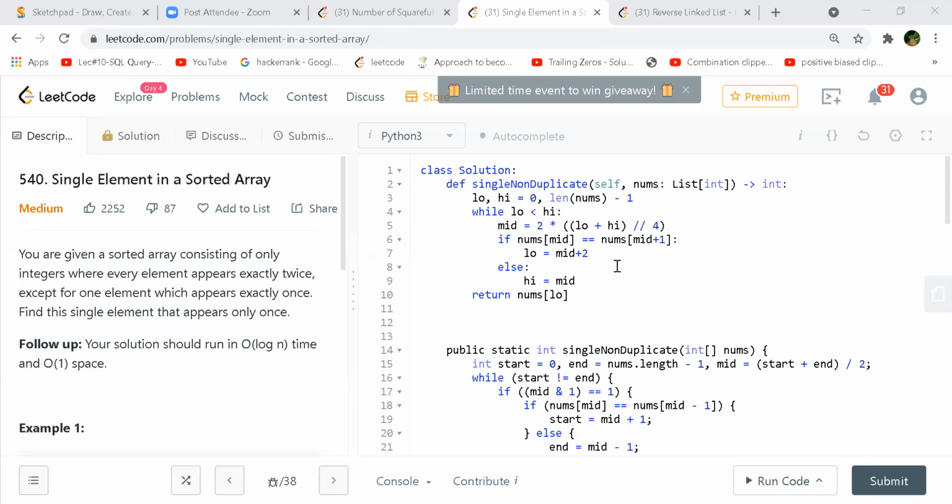One more point, it will work with less than also. If it works, then it's good. I'm only saying that if you tweak it and all the test cases are passing, then yes. But this is one good approach. You check whether mid is odd or even, and based on that you can find if it has a pair. If it does not have a pair, you return mid itself, because that is the element we are looking for. Or else you just tweak your start and end.